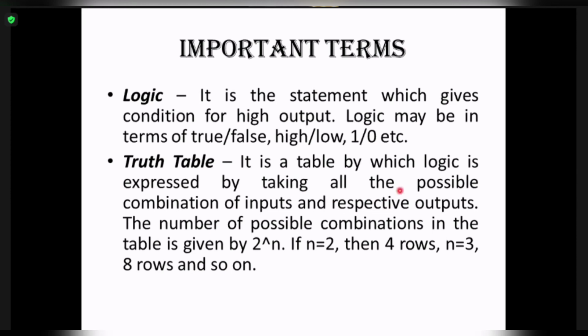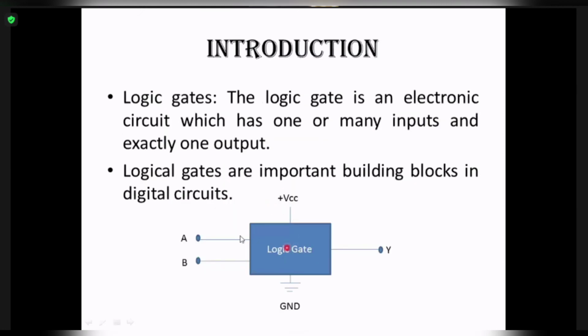Now, how do you find out the possible combinations of input? There is a mathematical equation for that. Now, if I say that my logical circuit is having two inputs, for example, see this logic gate. As you can see in this figure, how many inputs is it having? It is having two inputs, input A and input B. All of you can see this? Yes, right? So this is a logic gate which is having two inputs, input A and input B.